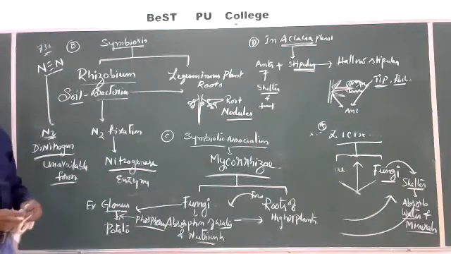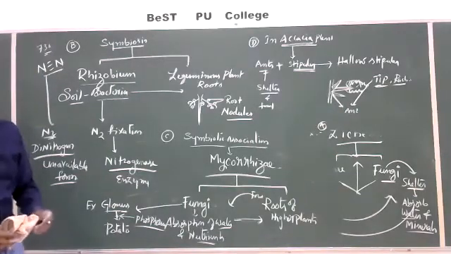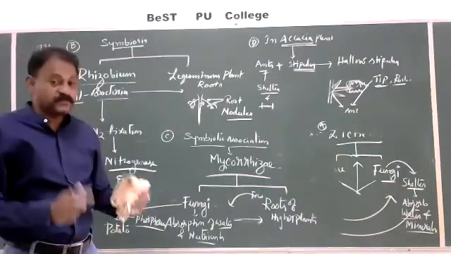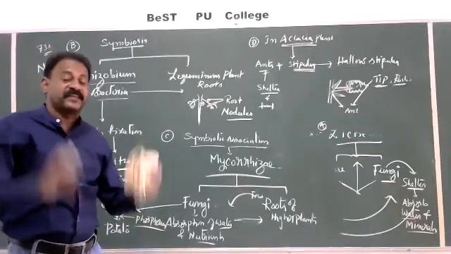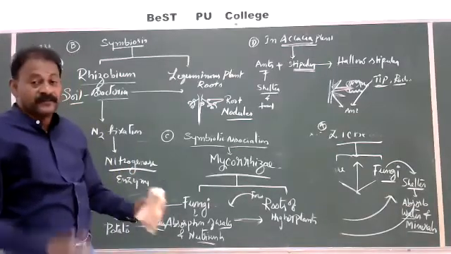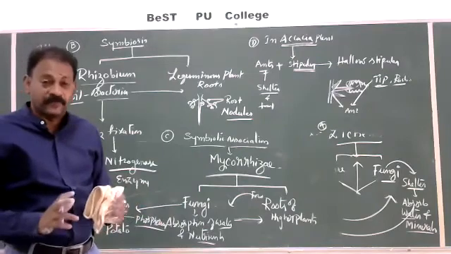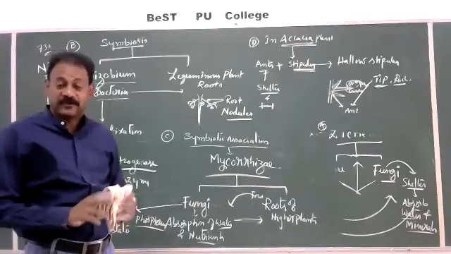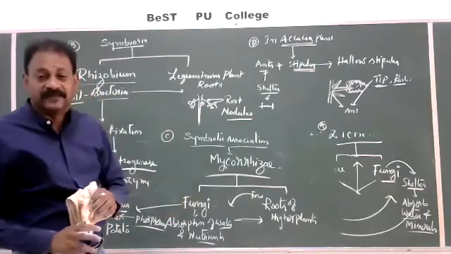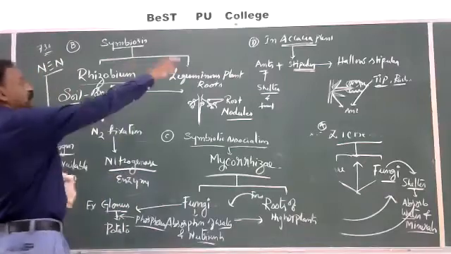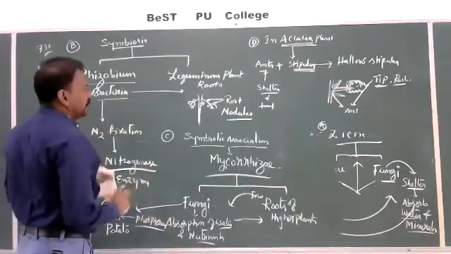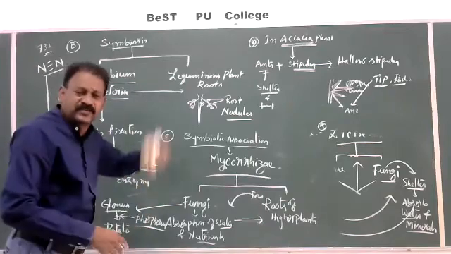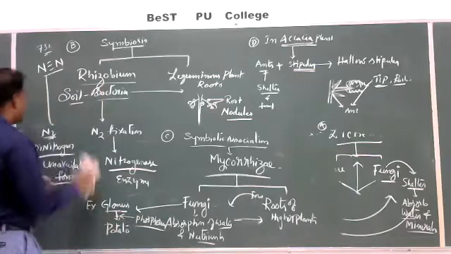And some blue-green algae are present in the roots of cycas plants, you might have studied, which are responsible for the fixation of atmospheric nitrogen, which are called nostoc and anabaena. Have you studied nostoc or anabaena, which are called blue-green algae, cyanobacteria? They are responsible for nitrogen fixation and give it to the cycas plants. So here, let us stop. If we go on detecting, so many symbiotic associations, so many mutualisms are there. For your information,